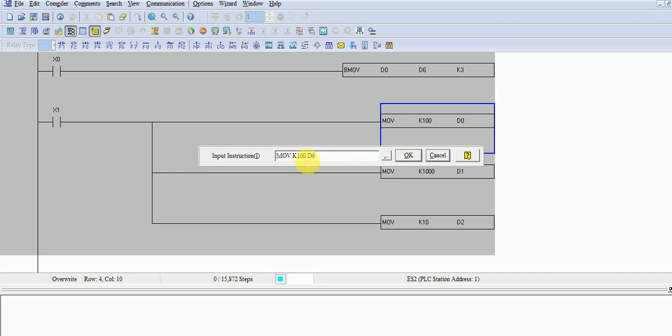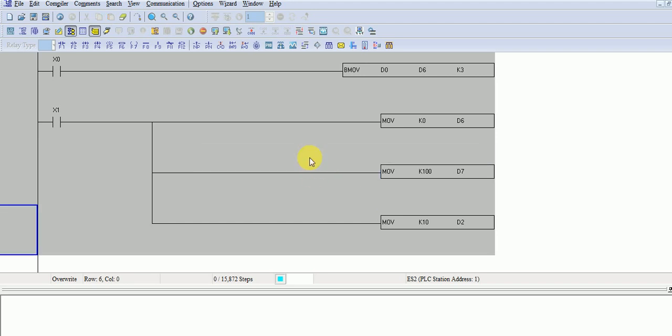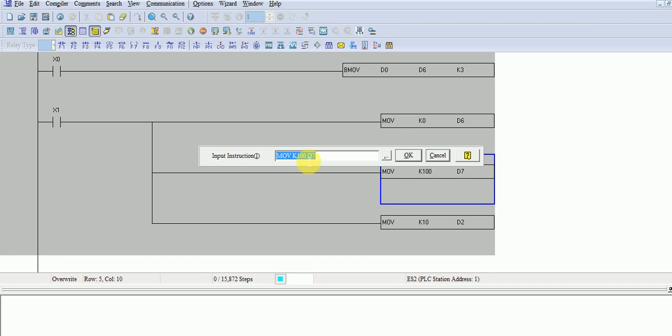I put K0 in D6, D7 and D8, value 0, and again D0 and this is D8.